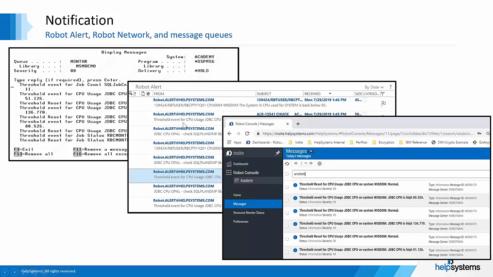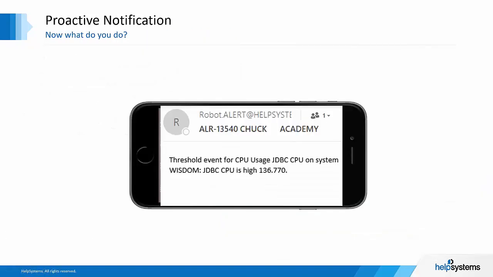We can talk directly to Alert. And also now we have Robot Console in our Insight web interface, so now we can see those messages there as well. Okay, so let's go through a quick scenario. You get a text message or an email on your mobile device, iPhone or Android, saying that you've hit some kind of a JDBC threshold on the system,